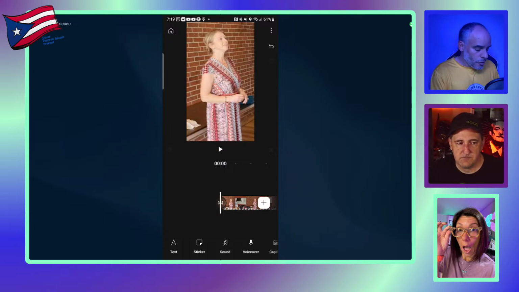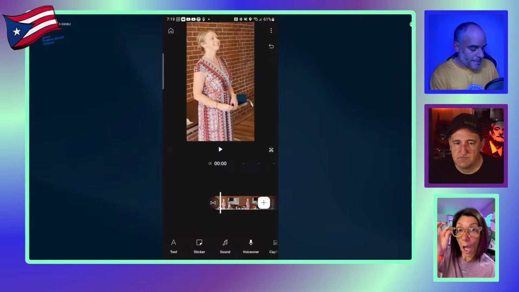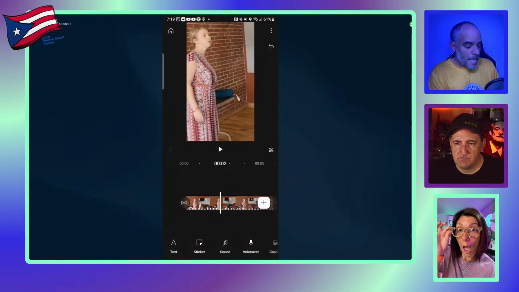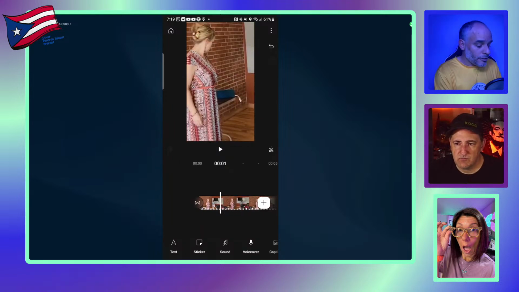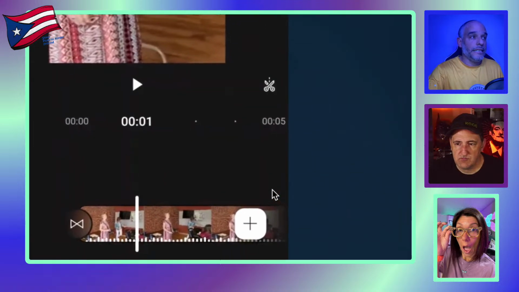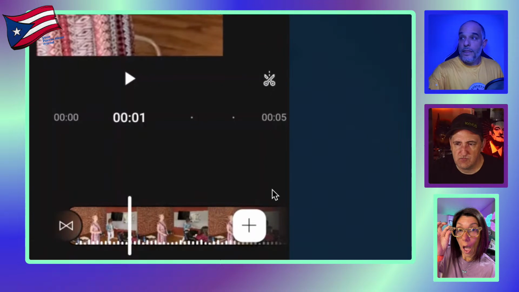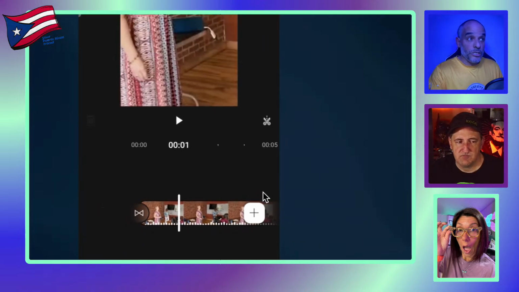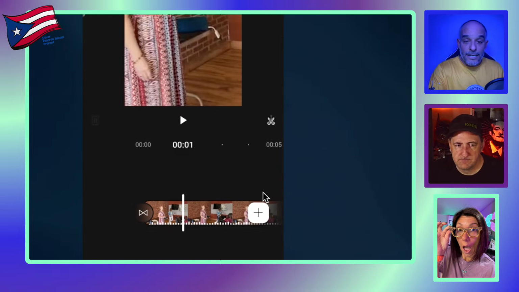Now, with this too, when you start editing this, notice as I'm going, you see the little scissors there? You got the little scissors literally right here, right? You see that little scissors there? That is going to help you clip the photo or clip the audio or clip the video, whatever you don't want of it. And so with that, it helps you stop where you want, add other things, transition to other things.